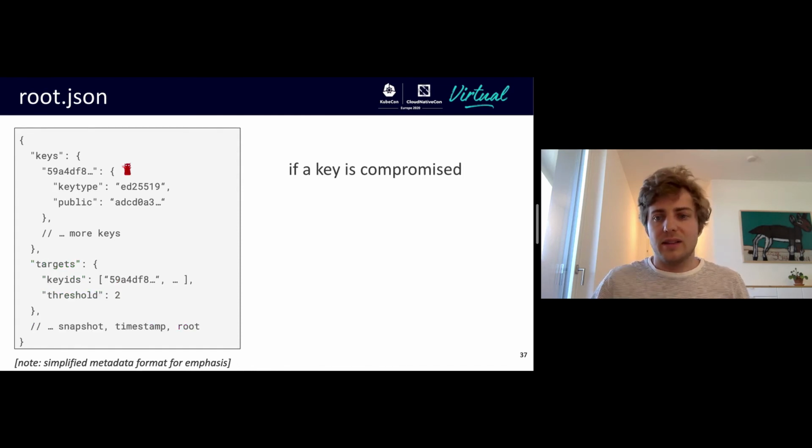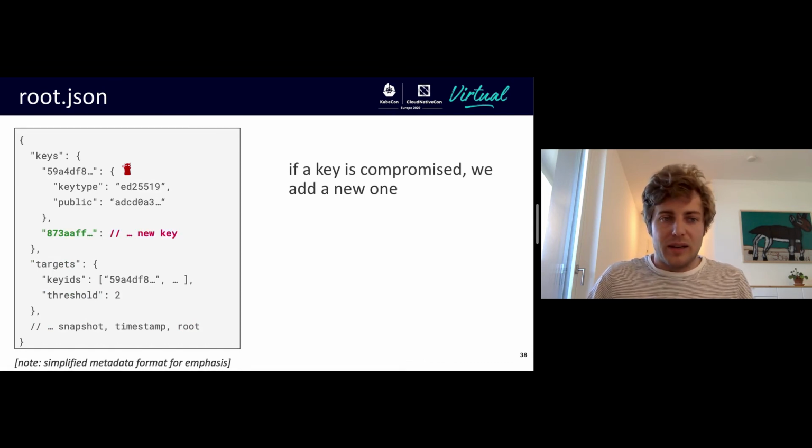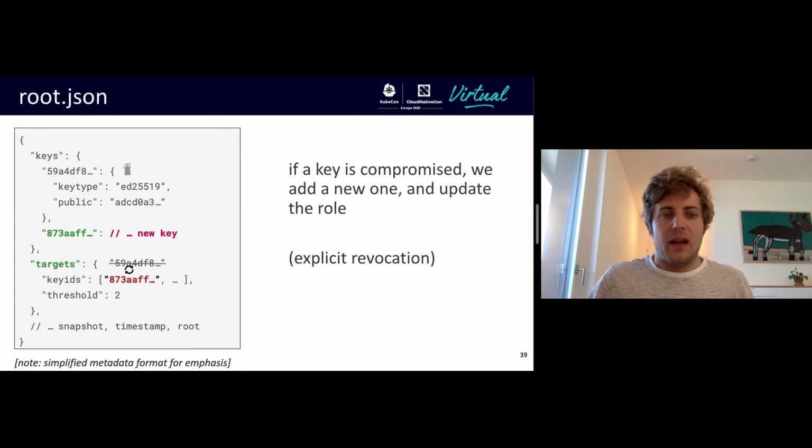So if a key is compromised, and we talked about this earlier, this happens. If a key is compromised, then we just need to update the root metadata, add a new key to the key store, and replace the assignment in the role entry.